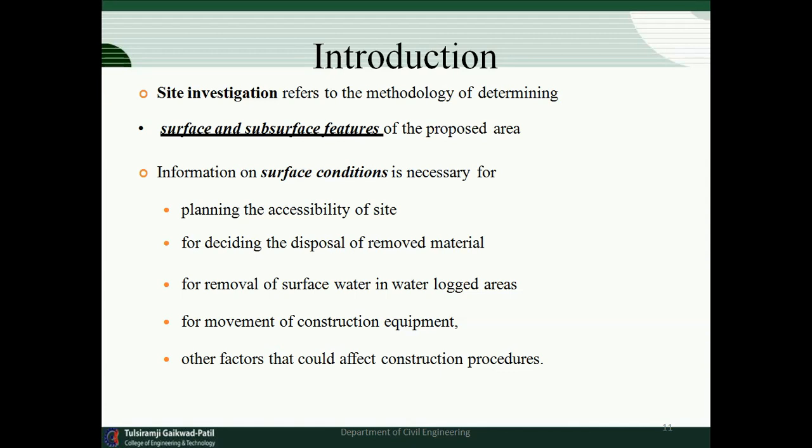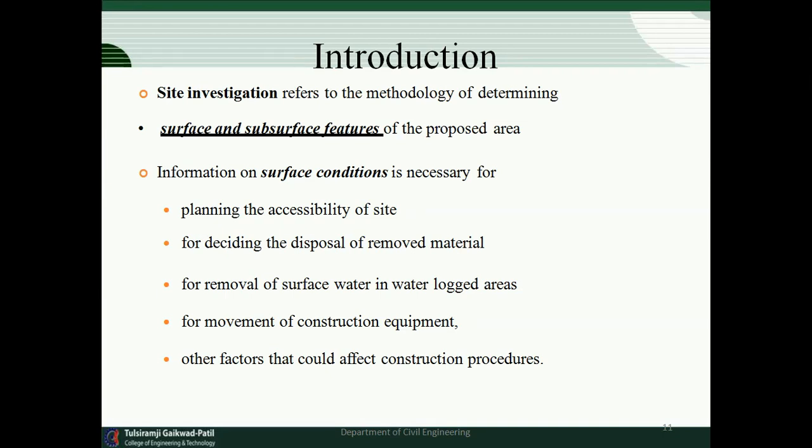The site investigation is a methodology and it is necessary for the following points: planning and accessibility of site, deciding disposal and removal of material, removal of surface water in waterlogged areas for the movement of construction equipment, and other factors that could affect the construction procedure.